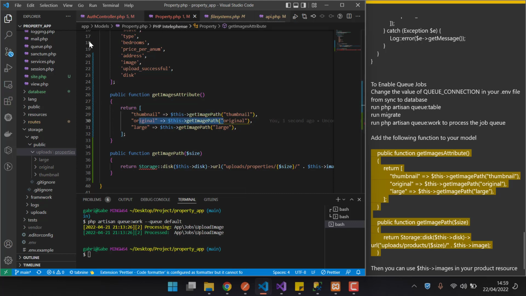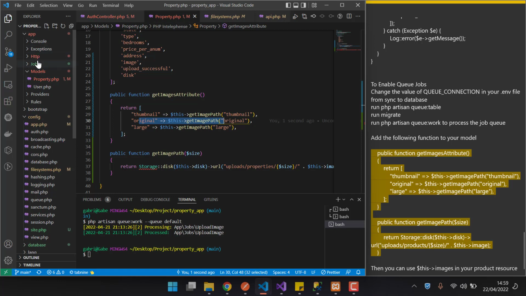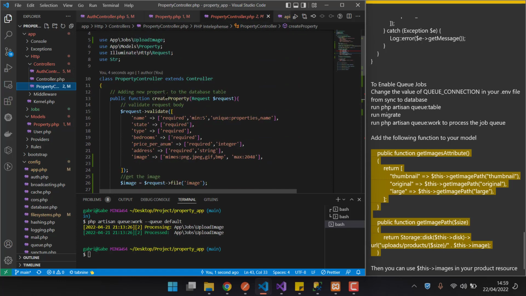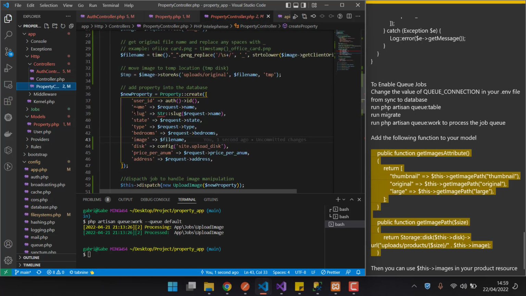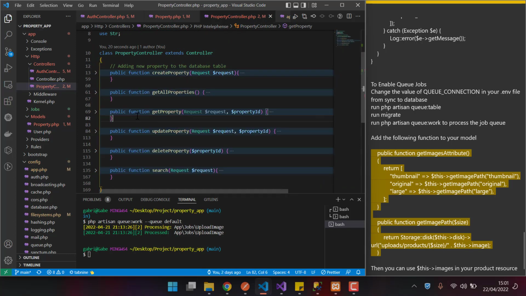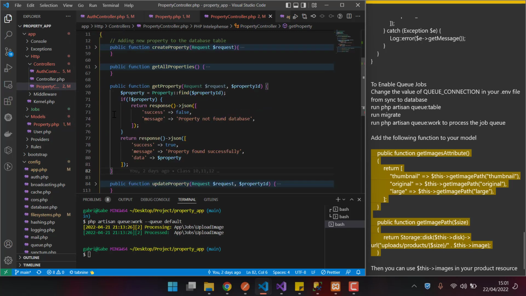Now we can go ahead and add this in our controller. So let's go to our property controller, HTTP controllers, then property controller. We can actually add this here. Let's add this in our get all controllers first. Let's do it in our get property, where we can read a particular property. So we have here,